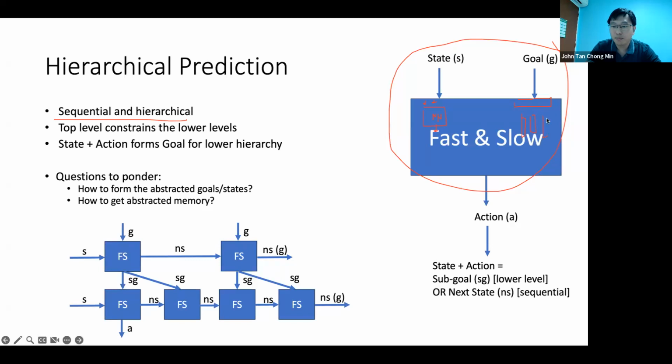So both of these things would contribute to an action. So this is basically the fast and slow block. I just omit the internals, but this is the fast and slow block that we saw earlier. We have a state and we have a goal, and we get an action out. All right, so this is the catch. This action that you get out over here may not